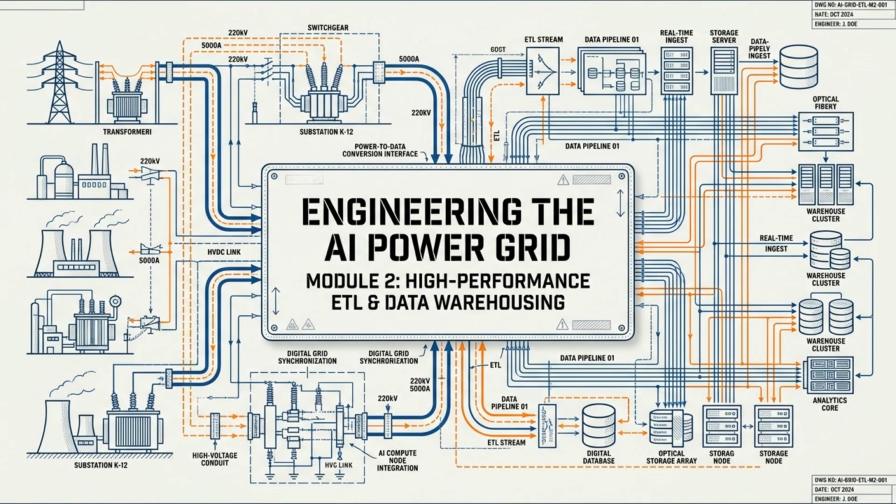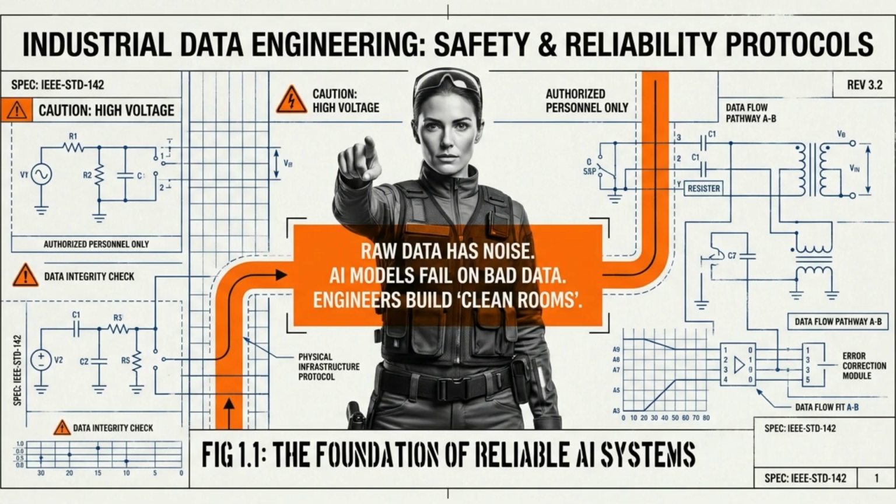This module focuses on high-performance ETL and data warehousing, the core infrastructure that supports reliable AI systems. Industrial data engineering requires strict safety and reliability protocols. Because raw data is often noisy and can cause AI models to fail, engineers must build clean rooms to ensure